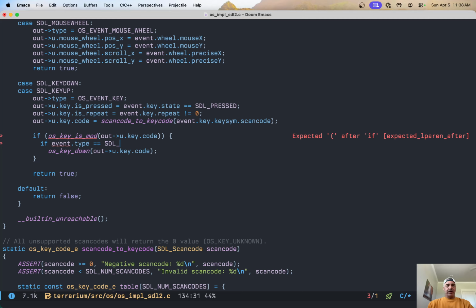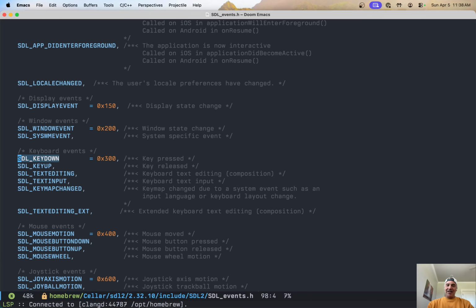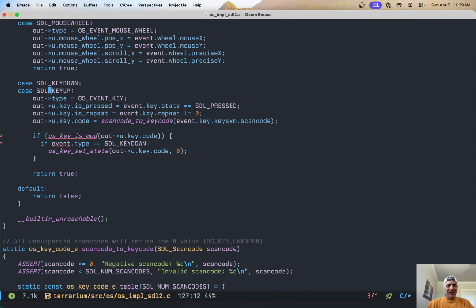I don't think this is right. Key down. Maybe we can pass OS key set. Do you want to do like a 1 or a 0, like up or down? I don't necessarily love that. But wait, what is up and down? That is not key down, what we want. I was hoping it would be like 1 and 0, like a generic key num, but you could do